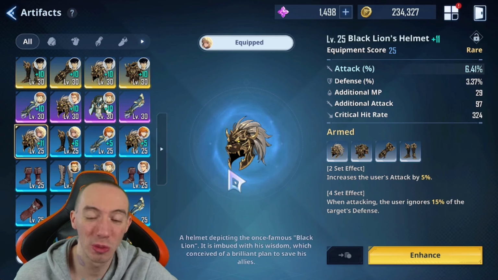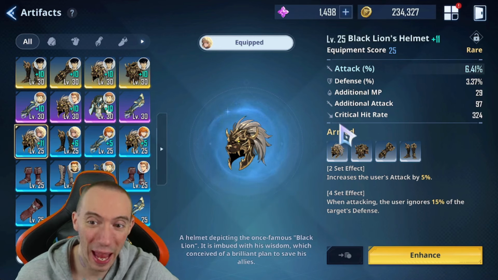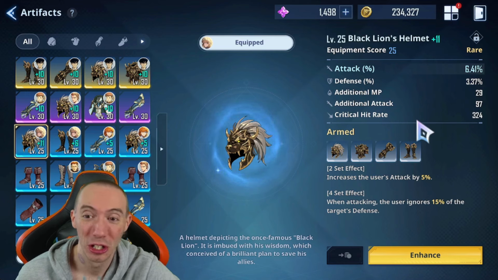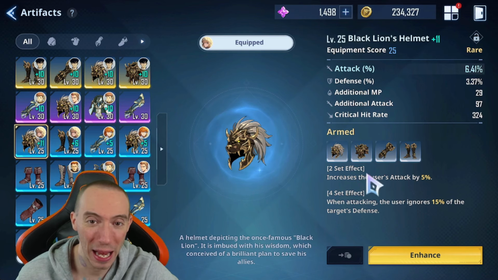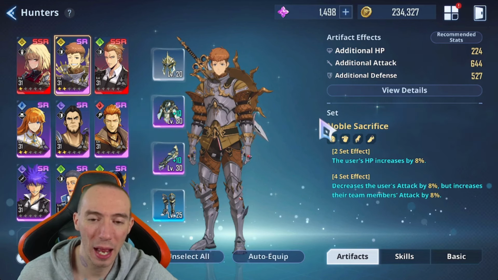The problem you're going to notice with this game is you're going to get a lot of bad drops on your gear. The stats are completely random when you're getting gear, and 8 out of 10 times, you're going to get crap gear that really is useless, and the stats don't even match the set effect. There are going to be certain hunters that it's okay to build with a